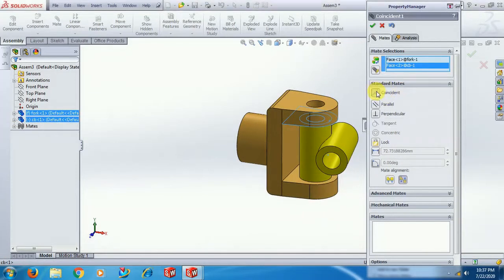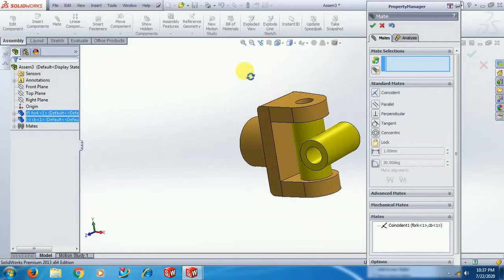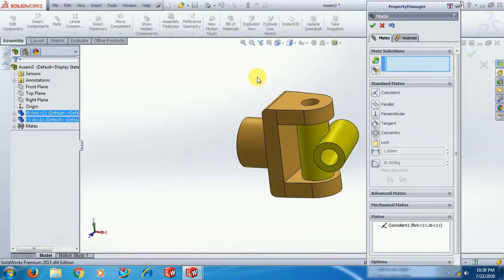See, coincidence, automatically it is checked on. Then go for OK. Now another degree of freedom also is constrained. Now it has only one rotating motion around z axis.